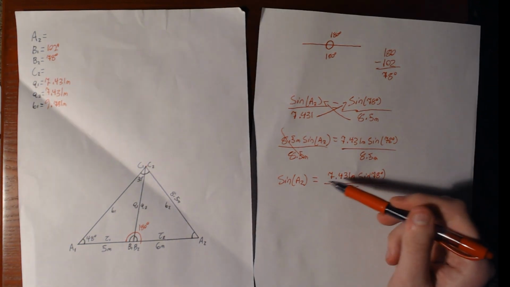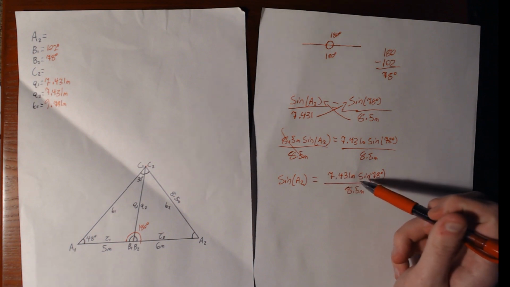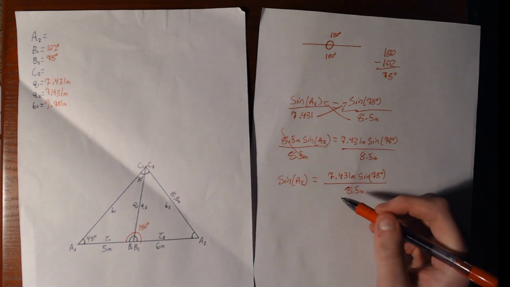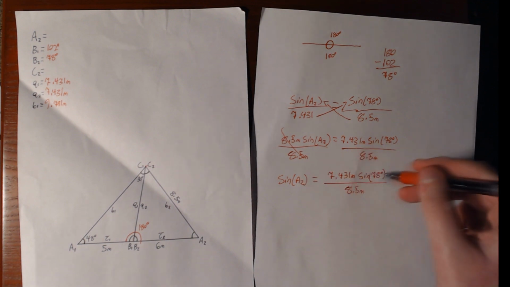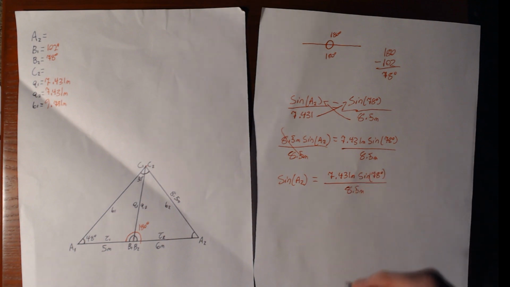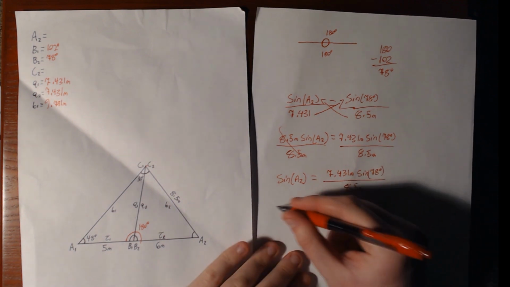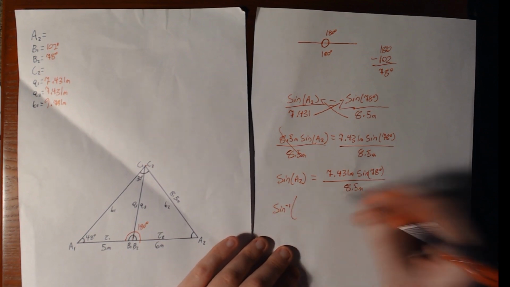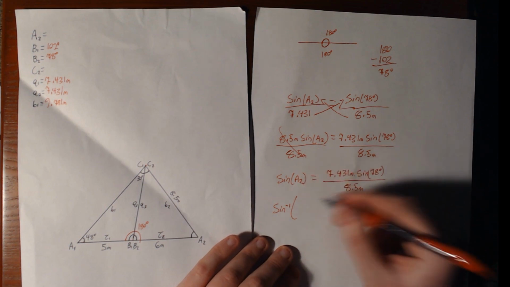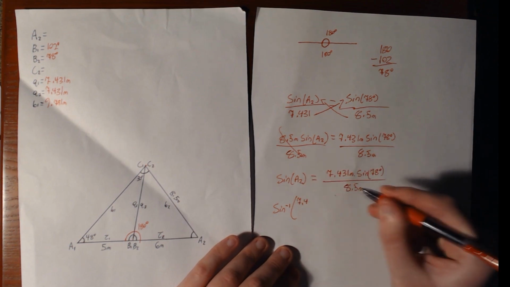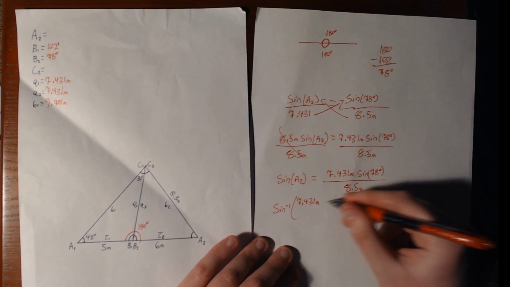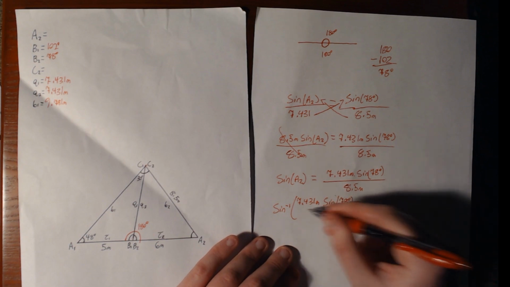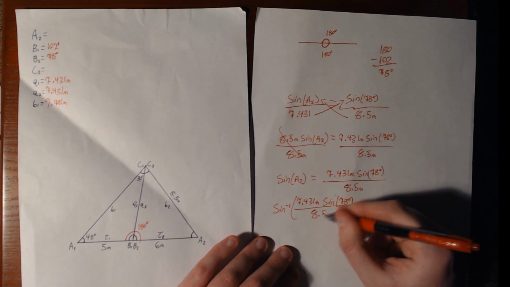Now we got the variable separated from all the constants over here. We just have a function that's attached right here to the variable. But this is good news because this means that we can actually bust out the inverse function. So basically how this is going to work is we take arc sine or inverse sine. We make the parentheses real big because we're going to fit this in over here: 7.431 meters times sine 78 degrees, all of that over 8.5 meters,